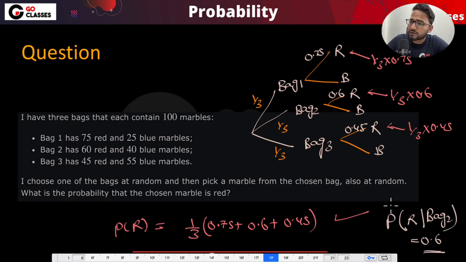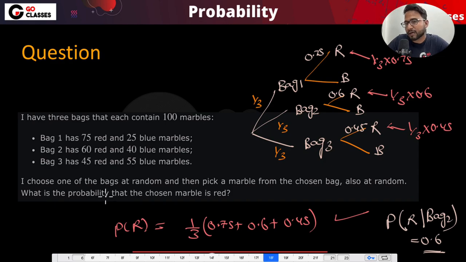Now we will also see Bayes theorem, where we will just flip the question, which means instead of asking like this, we will be asking like this: bag 2 given that red, which means that you already know that the chosen marble is red. What is the probability that it might have been chosen from bag 2? That kind of question we will answer later. These are the easy questions only, but we will answer them a little later. For now, I just want to convey this tree diagram. I hope this tree diagram is clear to all of you, right?